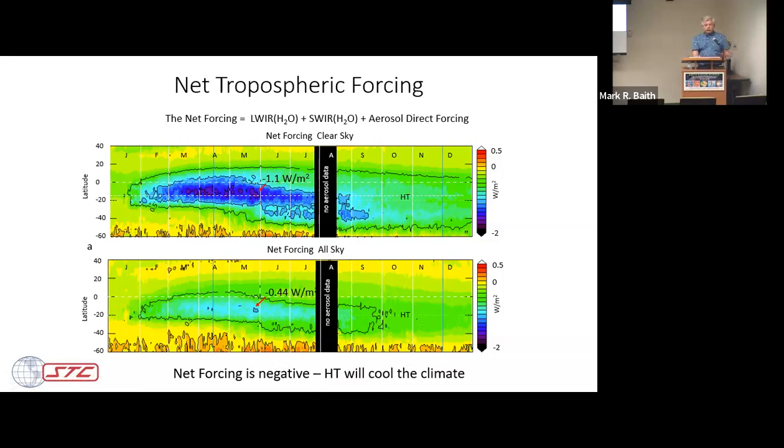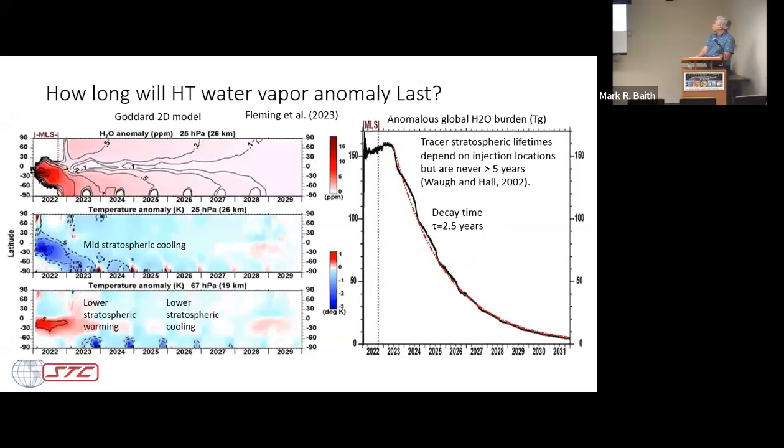That's an important point because there have been a number of papers that have already been published that didn't consider the aerosol forcing, that said, we're going to die because Hunga-Tonga is going to create a huge amount of IR flux that's going to radiate us all like we're in a broiler oven. And then that got picked up by some people on the far right who said, oh, this warm summer we've had is all due to Hunga-Tonga. Well, the water vapor is not overhead during the summer, or isn't much there. The impact is tiny, and second, the aerosols are changing things. They're more powerful.